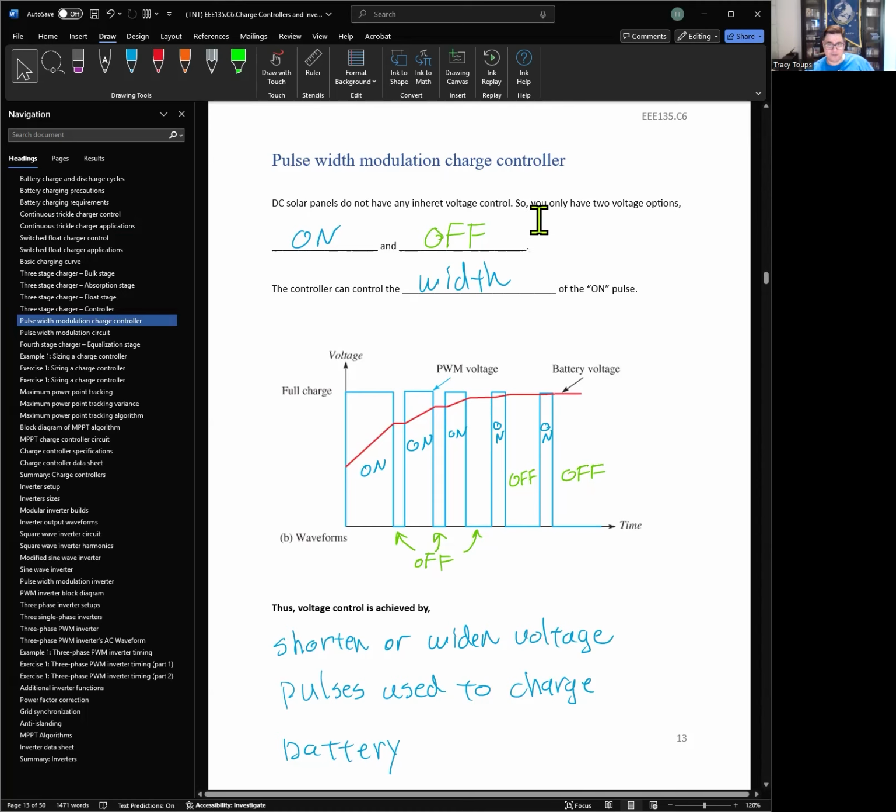It says DC solar panels do not have any inherent voltage control, so you only have 2 options, on or off. The controller can control the width of the on pulse. So right here, let's say we want a lot of voltage to start charging the battery. Okay, see the battery voltage is kind of low. We'll turn the switch on and we'll have a wide pulse to where we're charging the battery. But maybe right here, the battery's a little overheated. Let's disconnect it for a little bit, right? And then we'll charge it back on and disconnect it and charge it back on and disconnect it